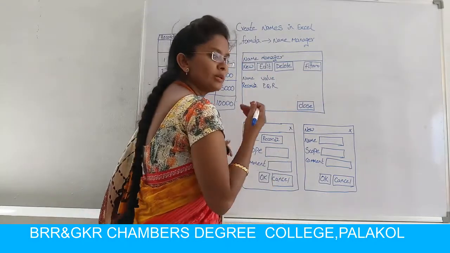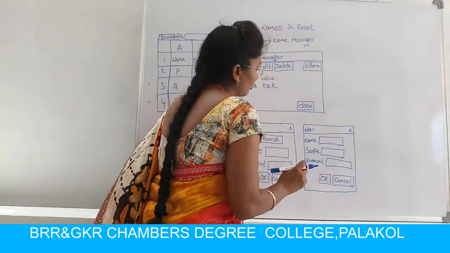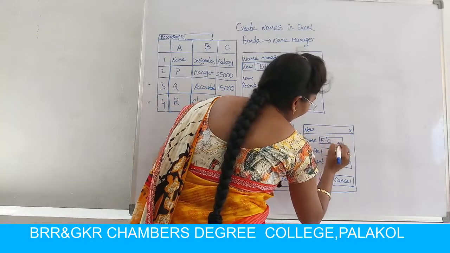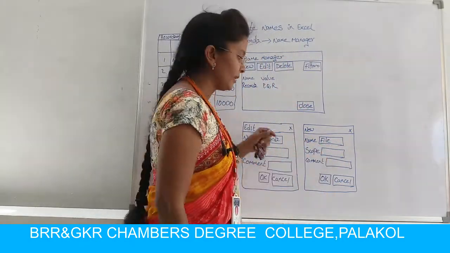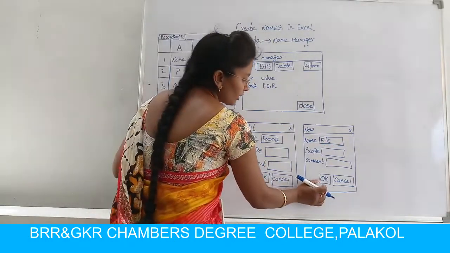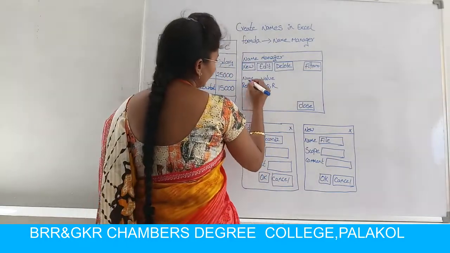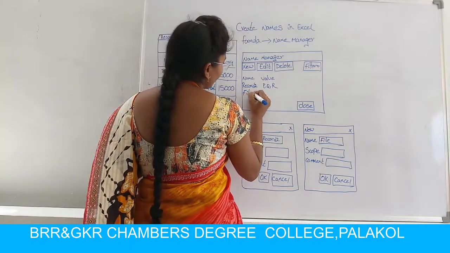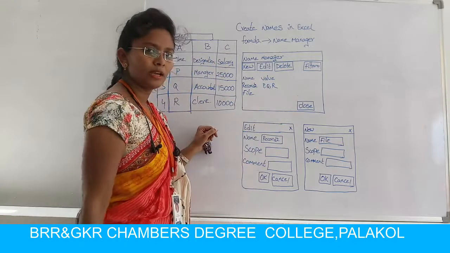And this is the new dialog box. I want to create some new entry in this name manager dialog box. I'm writing the name like file. I'm creating the name as file and clicking on the OK button. And if you click on the OK button, then it will go to the name manager dialog box. Here, the second name is file. I didn't create any values over here, that's why it is left empty.